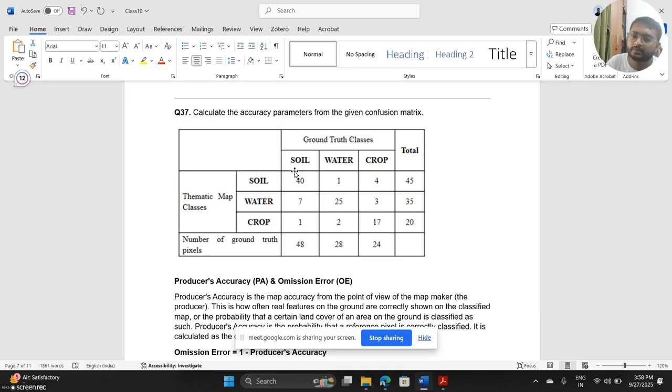So 48. No, not for soil. I'm asking how many reference pixels, how many points we are considering here, for every class. In general, when we make this confusion matrix, how many total pixels are we using for accuracy assessment? 100, yes. So 48 plus 28 plus 24, it will become